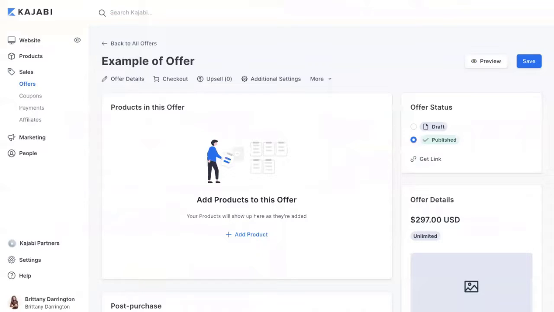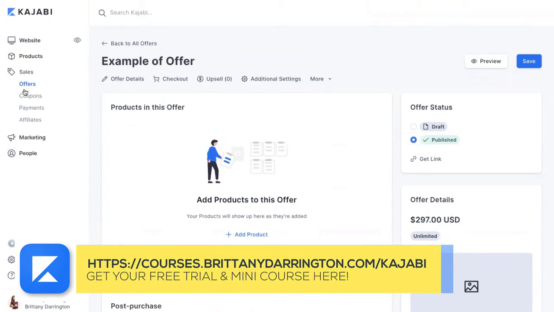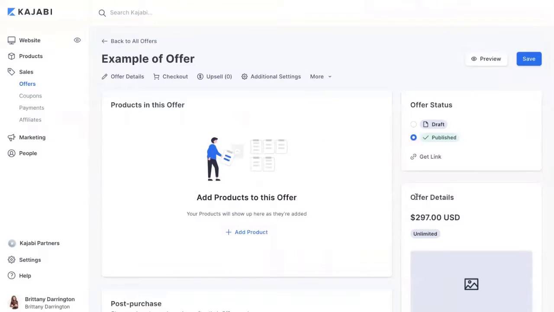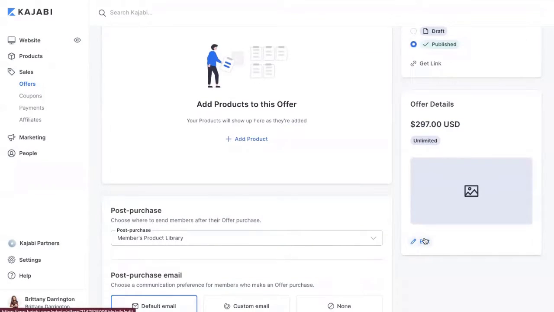Now let's jump into the back end of Kajabi. I want to show you how to make an offer. So you're going to go to sales and then go to offers. Once you've figured out your pricing, I want you to identify: is it going to be a monthly charge? Is it going to be a payment plan or a one-time payment? Now, I do have a video where I walk you through how to create an offer, but the only thing I want to focus on within this particular video is how to edit your offer